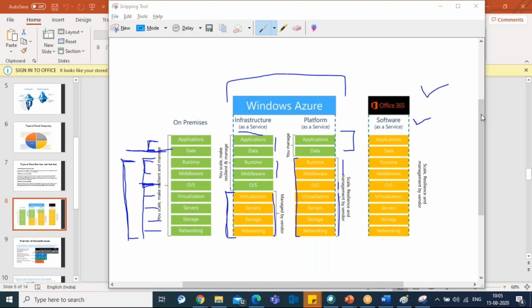Suppose if you want to host a website, right? What you're going to do is create a virtual machine, either Windows or Linux. Let's take the example that you're hosting on a Windows server. So you will create a Windows server with whatever OS version you want, with whatever configuration you want. Let's take an example, I create a Windows server with 2012 R2 and with 8 GB RAM and 2 cores and